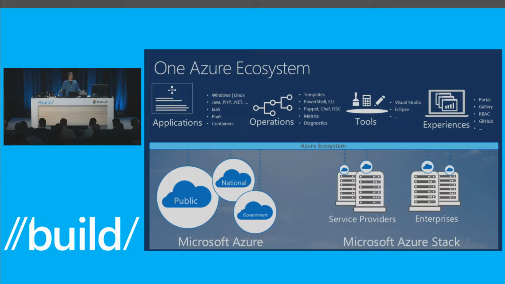So across all of those instances of the cloud, the biggest benefit that you gain as an application developer is the single Azure ecosystem. So your application artifacts are the same. So you can use Windows or Linux. You can use any of the languages that you like in your development and still target any of these instances of the cloud. You can use containers. You can use platform as a service services like websites or Service Fabric and target all these instances of the clouds.